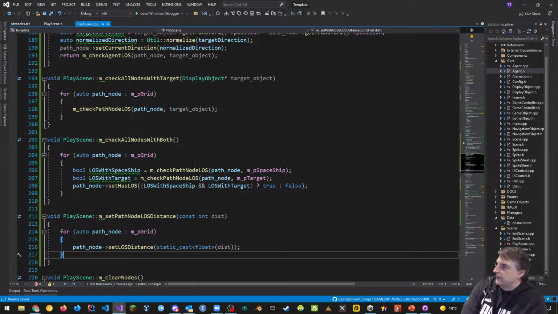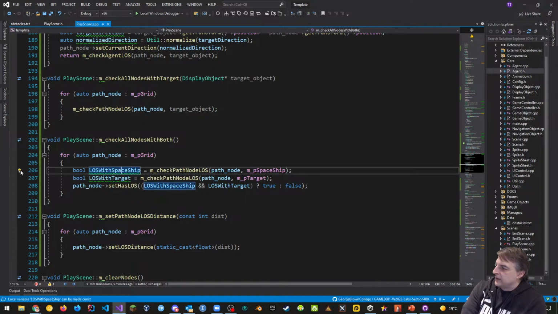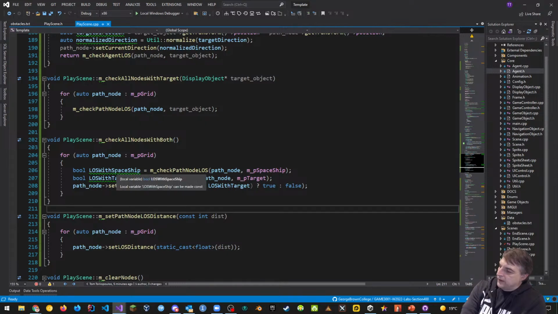Okay, and the things that are underlined in green while I'm pausing for a second. Sorry, Christian. Most likely it doesn't like it because it's going to suggest this one, rename line of sight with Spaceship. I mean, I don't know, I'm probably fine with this. And same thing with this. I'm not really finicky on these names right now. But it kind of breaks some of our conventions we've been using before. That's all it is. Can I move on now, Christian? Or you want me to go back to something else?